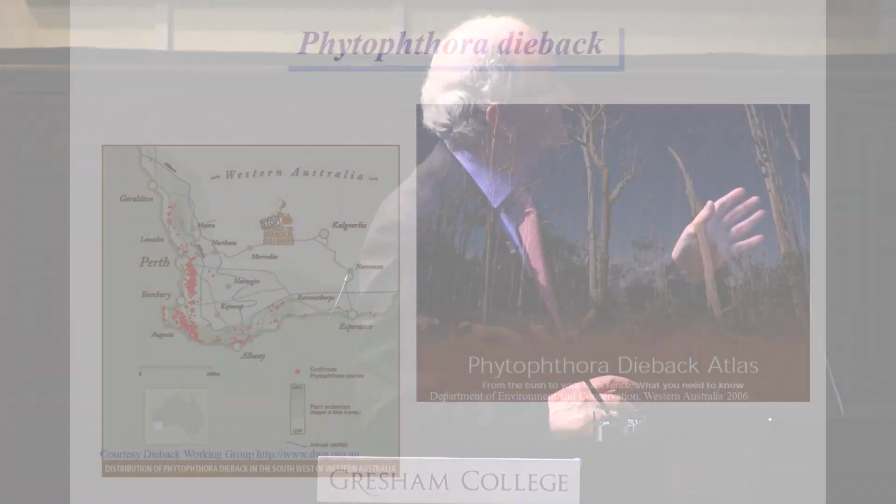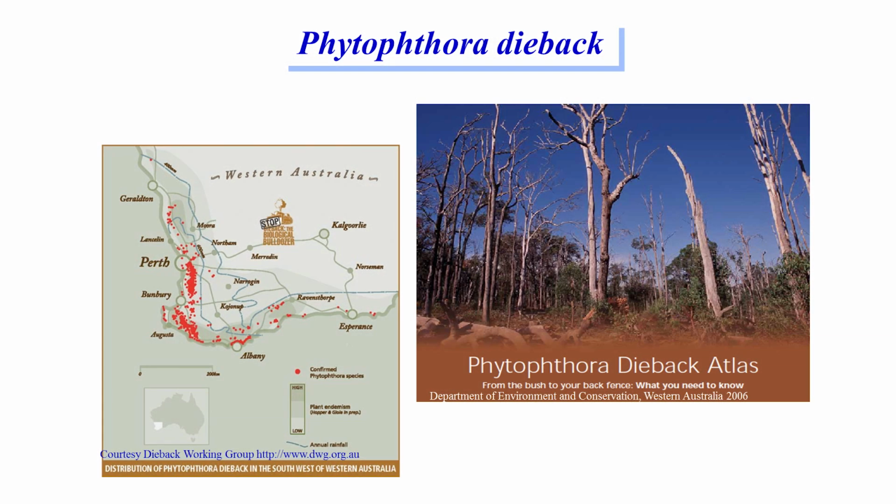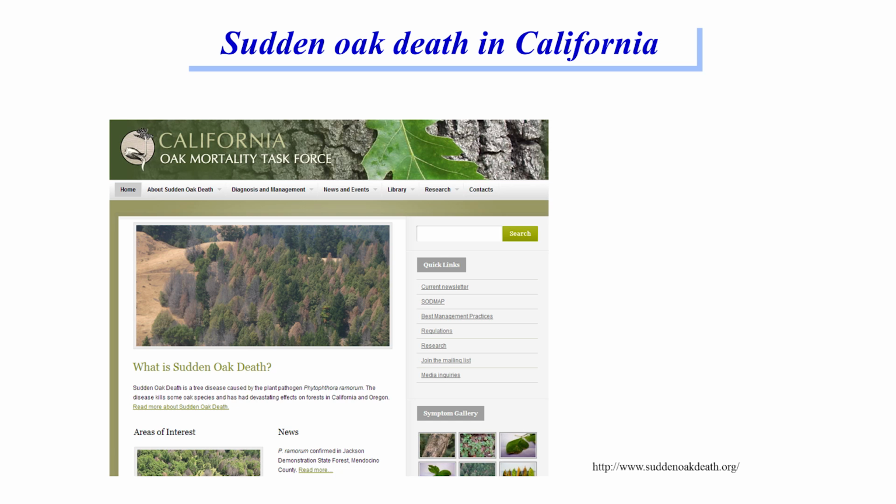Other examples, Phytophthora dieback, Jarrah disease, as it was known, because it affected the Jarrah vegetation, particularly in Western Australia, but throughout Western, Southern, and Eastern Australia. These are the regions here where you get devastating effects in the natural environment. That is a Phytophthora. For those of you that recall the potato blight, that is also a Phytophthora. It's a fungal-like organism. Sudden oak death, as I mentioned to you, threatening large areas of California, and we'll come back to explore that shortly.